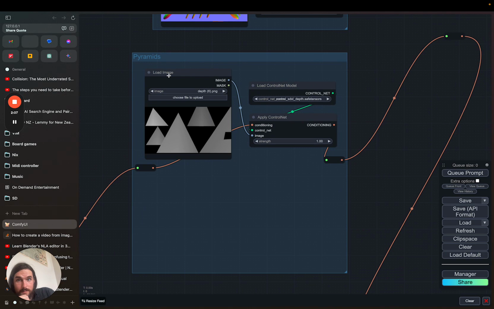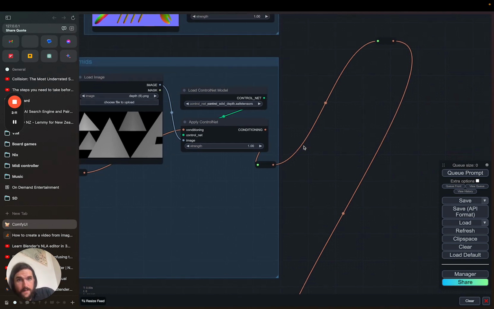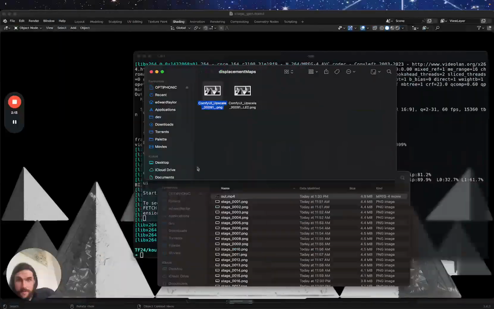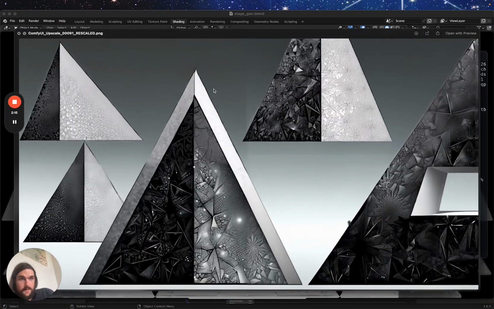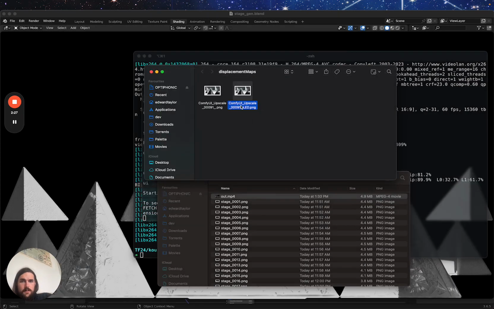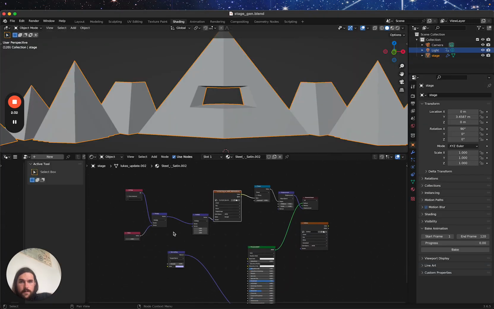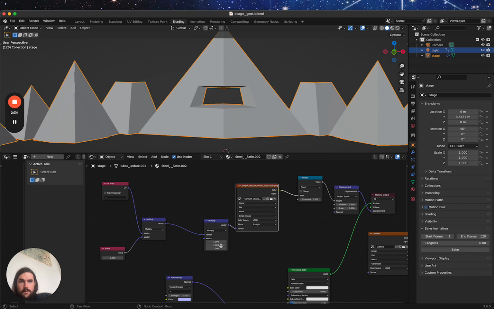One thing I did mess up is I didn't give this the right size relative to this, so I've had to do some editing afterwards to make it fit the right size. You can see between these, this one's slightly wider, so I had to mess it up a little bit in the corner here. But anyway, you end up with this image, and then in Blender, you can take your image in the shader graph,